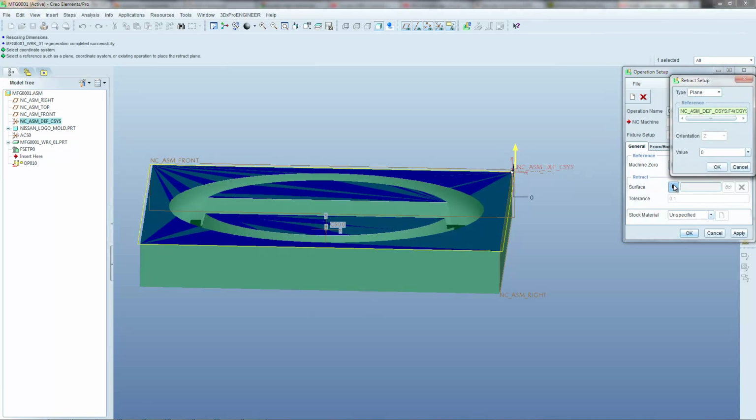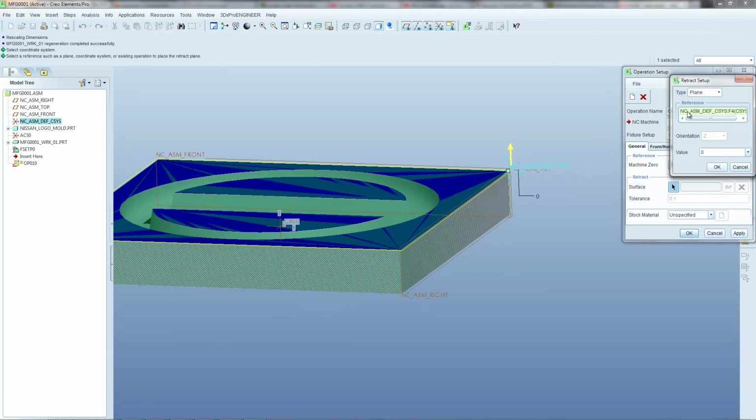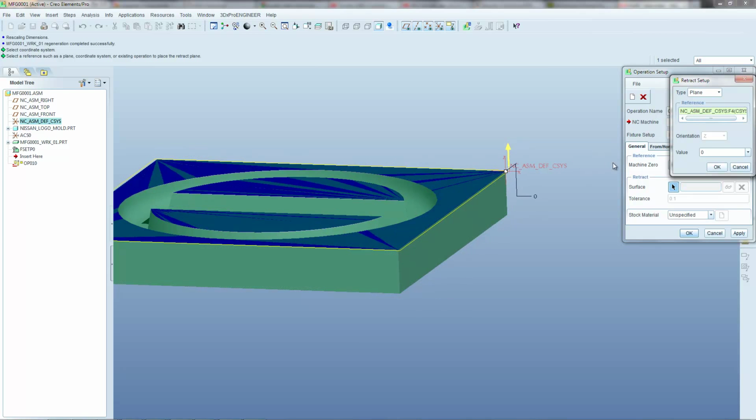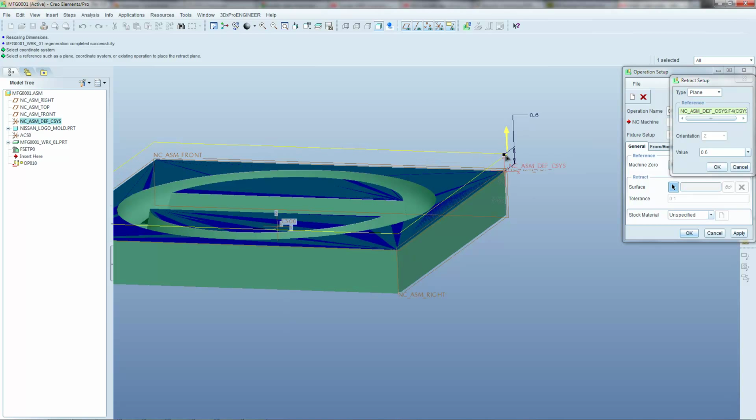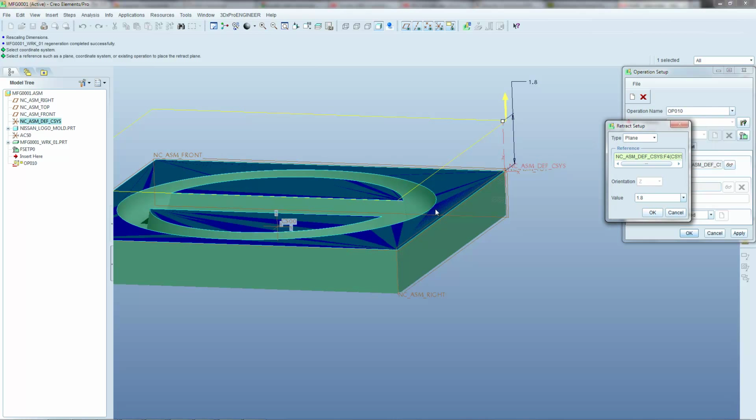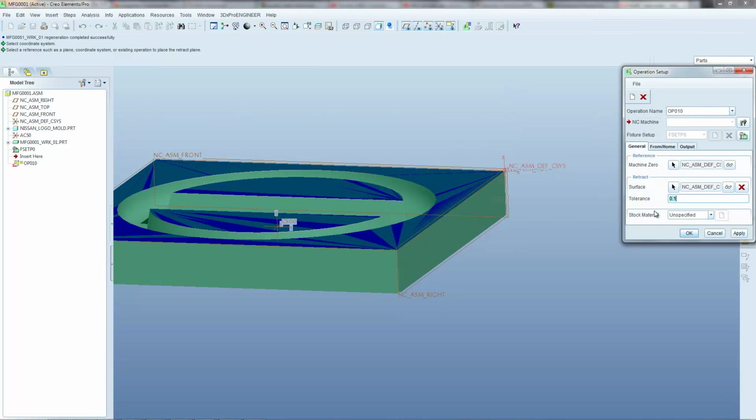So if you click on the gather arrow at the side there, by default it references your 0 point, so it's referencing the coordinate system that we set as our 0 point. What it allows you to do is enter a value, or just drag this handle up to a level above your part. So you set this as a point that your tool will retract upwards to, a surface that your tool will retract up to clear any geometry inside the machine. We've just dragged that up to a reasonable level. If we OK that,